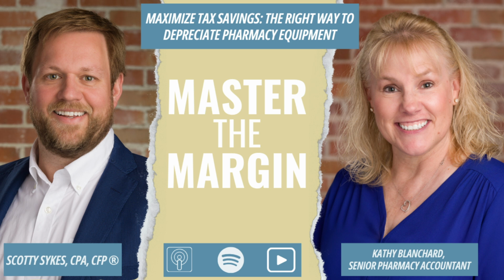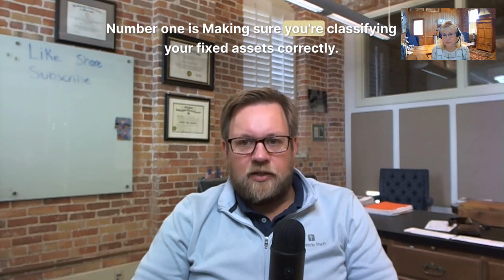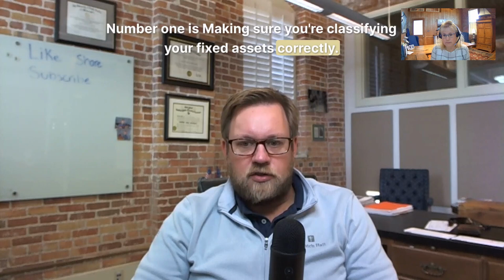When we're talking about fixed assets, there are a few best practices. Number one is making sure you're classifying your fixed assets correctly. In other words, if you purchase